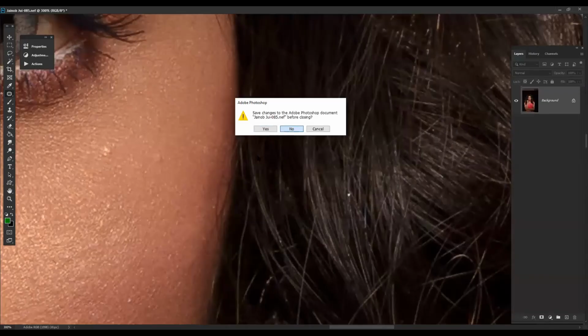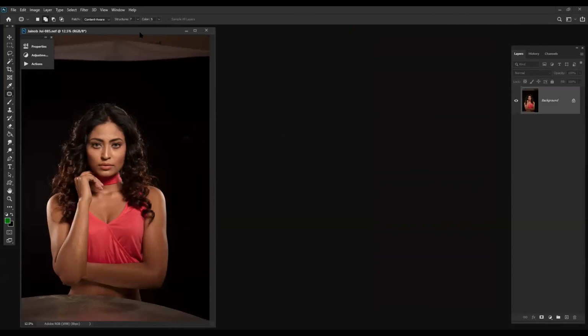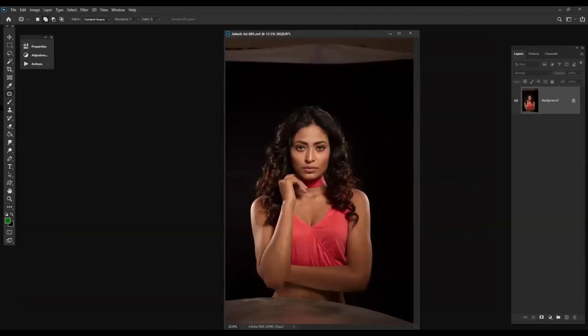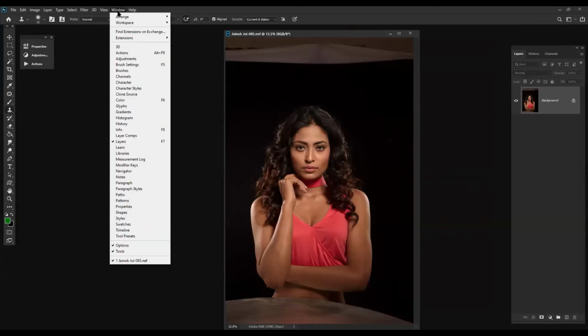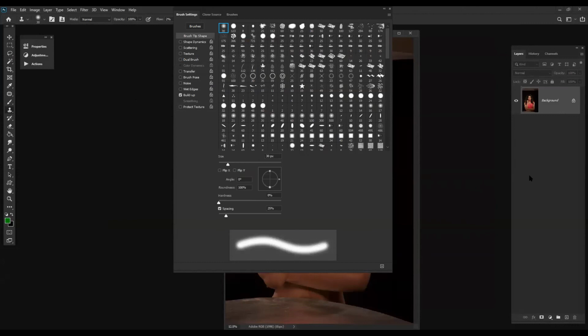So let's now go to the stamp tool. For the basic work of a stamp tool, we have to understand what to use in it. Clones, brush setting.